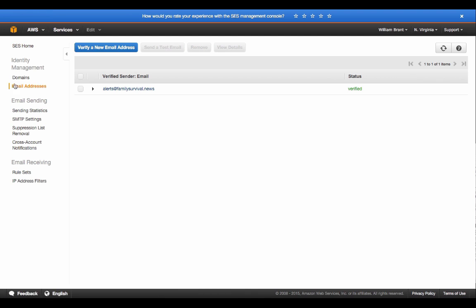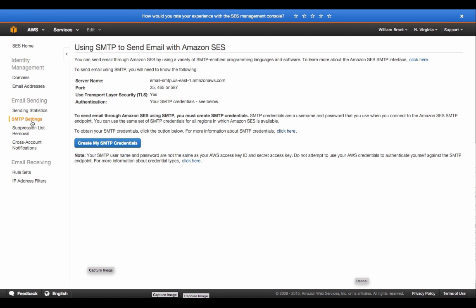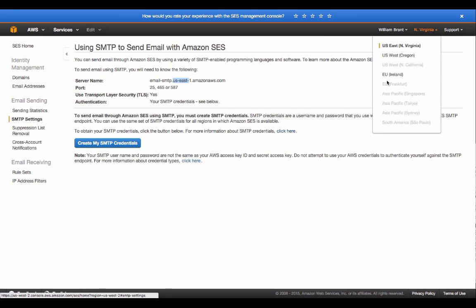Okay, I just had to refresh the page. The domain is verified, email address is verified. So if I come here into my SMTP settings, I'll get these settings, and again, notice here it's set to US East 1, and that's because I'm here for the Northern Virginia. If I were to change the region I'm in,